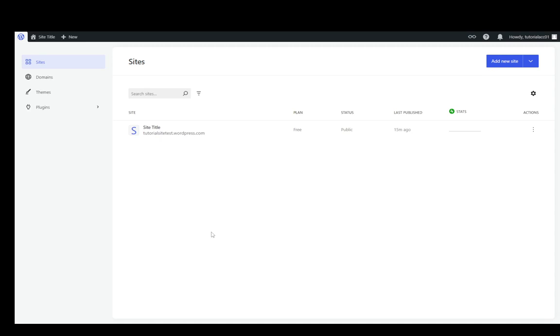Now, once you sign up for WordPress and once you create an account, you'll be brought to this here screen, or rather you might be even directly put into one of your websites. It might automatically create a website for you. However, if you already have websites, you'll be here on your dashboard and you'll be in your sites menu. Once you're here to create a new site, you just click add new site, and now you can start actually